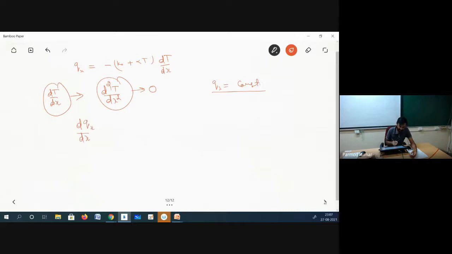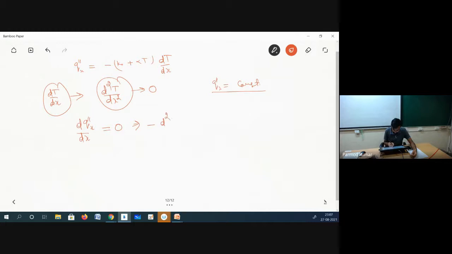this entire equation. So if I do dq by dx, this dq by dx will be equal to 0 because our qx is constant. It is not varying with x for a plane wall. Sorry, I have to write it with a double dash because for flux we are using the double dash. Now if I take the derivative of this equation, I will be finding